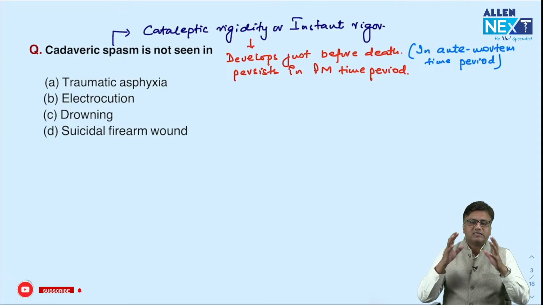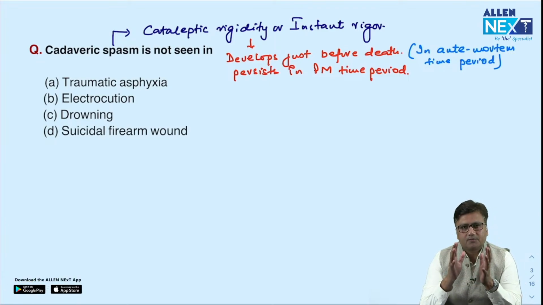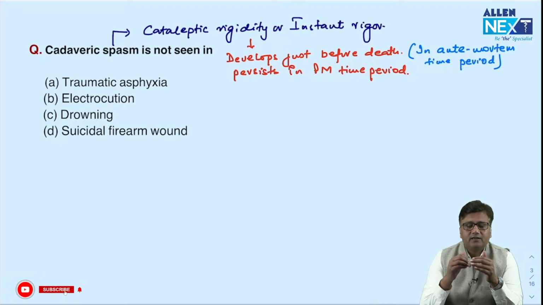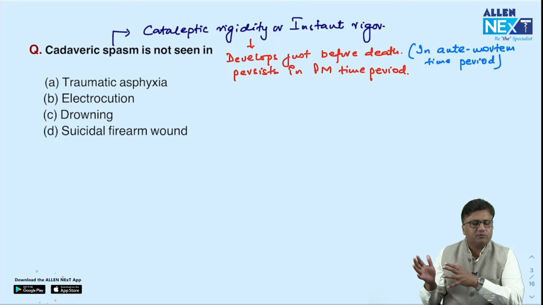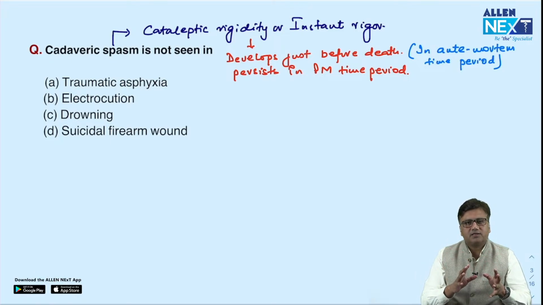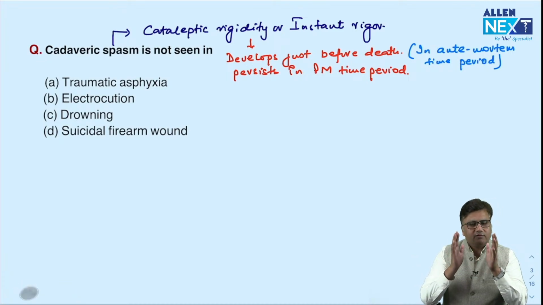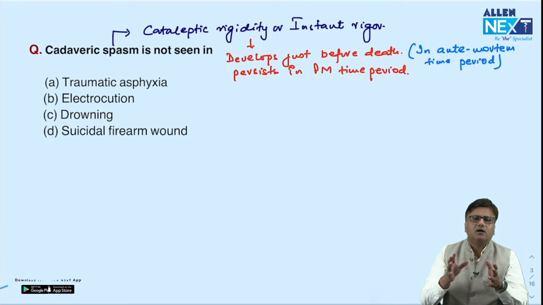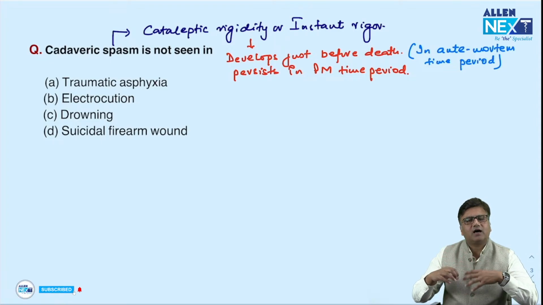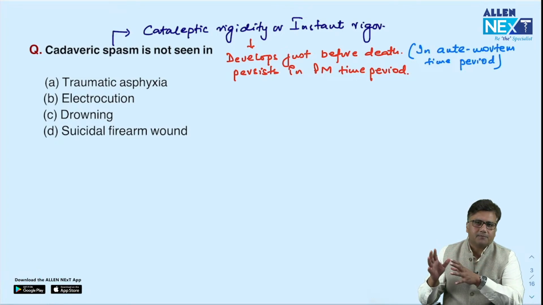See, when we talk about rigidity in the body, the common phenomena that we talk about is rigor mortis. Rigor mortis is something which is not present right at the time or the moment of death, it develops gradually in a dead body, which means the development of rigor mortis is 100% in post-mortem time period. Okay, so if there is a dead body, you will start to appreciate development of rigor mortis 2 hours, 3 hours, 4 hours after death, and it keeps on developing more and more, so it keeps on intensifying as the